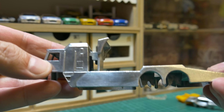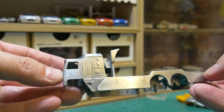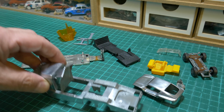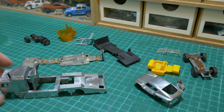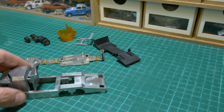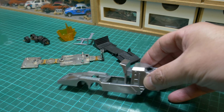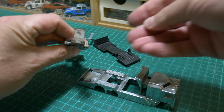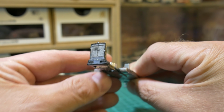But overall, there's no real damage to this one, other than it just needs a few little mods here and there just to make it something a little bit more to my liking. But there's the sum of all the parts, all laid out, ready to get something done. And I'll start off with this cab over, and I need to get the front bumper assembly back together because it's snapped off the front here,